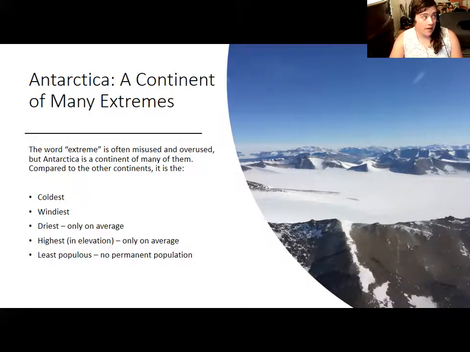What snowfall is there has just had a very, very long time to accumulate. It is the highest continent, only on average, because Mount Everest is higher, but we'll talk about how the glaciers even out everything and give the impression that Antarctica is kind of just this one big dome. There are lots of mountains in Antarctica. Some of them do poke out, as you can see in this picture I took, but a lot of the features are just covered by ice, and it's also the least populous continent. Nobody lives there permanently, and you have a couple thousand people on the continent at a given time at most. That's fewer people than live in the city of Goleta or who go to UCSB.